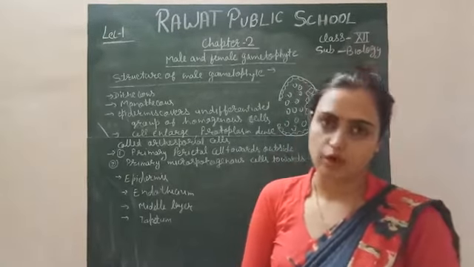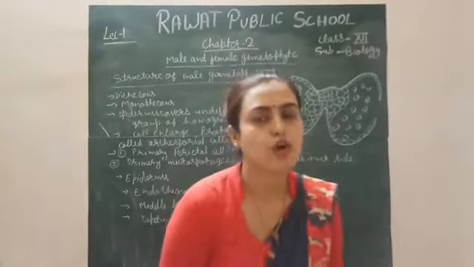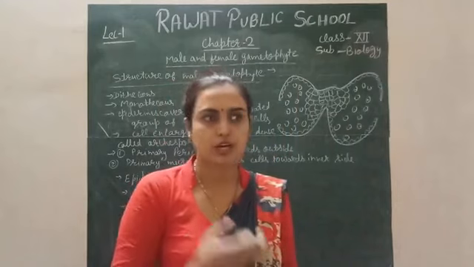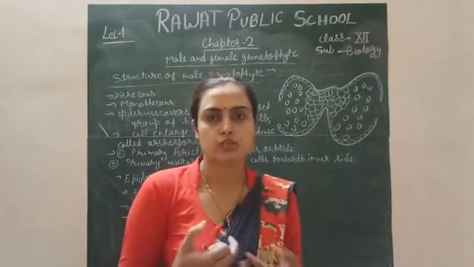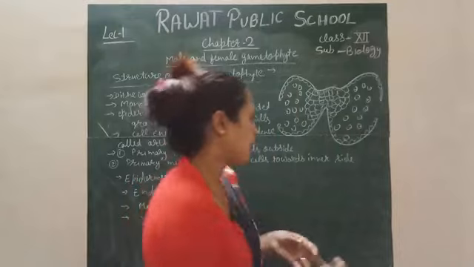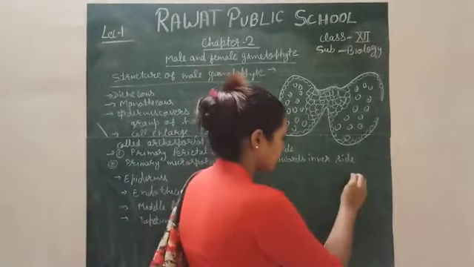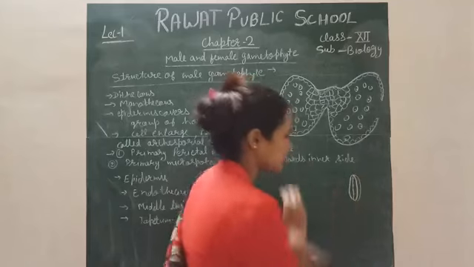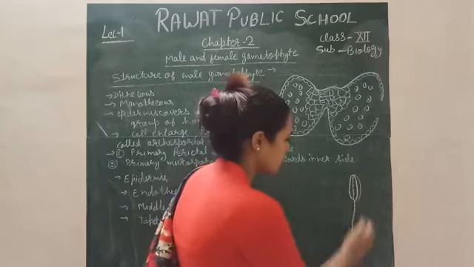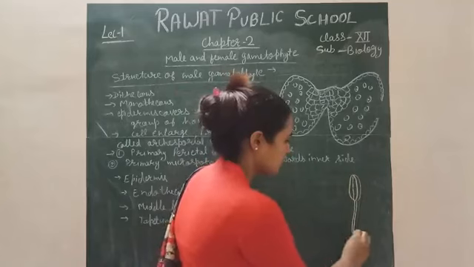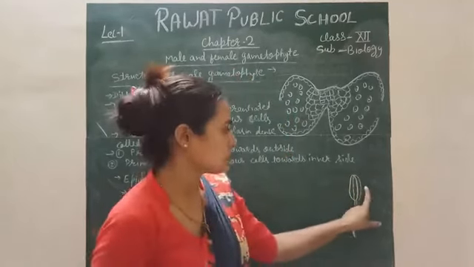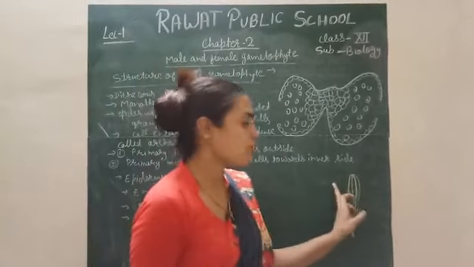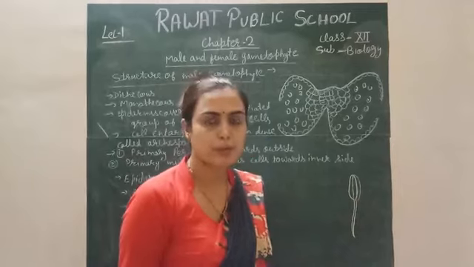It means the structure of the anther lobe, the structure of the anther. Anther actually consists of 2 lobes. In most dicotyledonous plants, the anther has 2 lobes like this. This is the front view, and on the back side 1 lobe is also present, and this is the filament of the stamen. This is the complete stamen, this is the anther lobe, and this is the filament. The anther lobe actually helps in the formation of pollen grain, right?